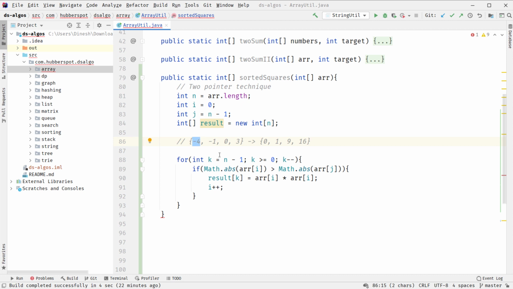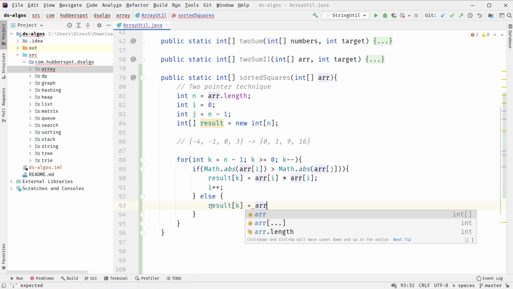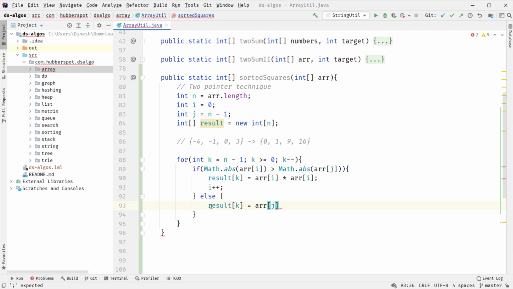Let's say for example, and else, then we can simply assign array of j into array of j. And as we are assigning array of j and it is basically starting from the last index, so it signifies that we have used this value, for example, and now we need to go one step before to it. So what we do is we do j minus minus,